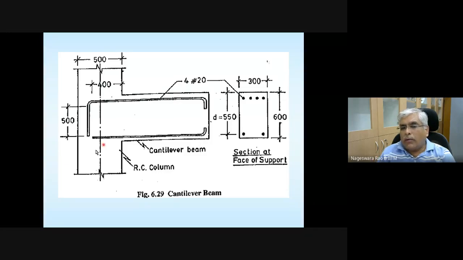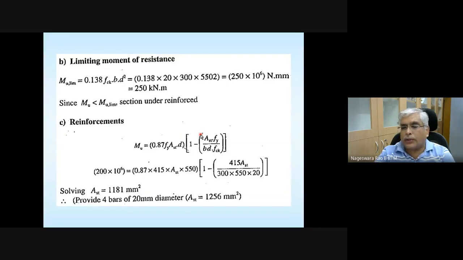And please know what is this one? What is this one which is shown on the bottom side? Please note that we need to provide the shear reinforcement, which is not shown here. Stirrups have to be provided. So the purpose of this bottom reinforcement is to put these stirrups in place. Okay, so that is the reason. The details of how this is worked out are not shown here.